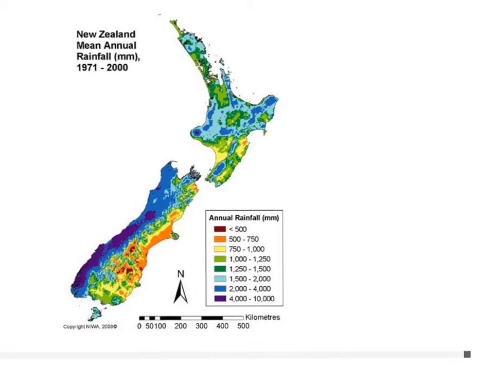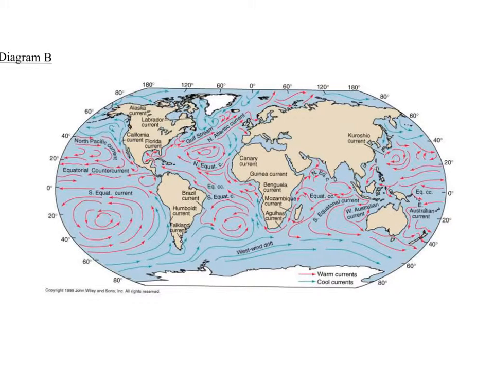As you can see in this photo, the bottom of New Zealand appears to get more rainfall, even though it's further away from the equator. I believe this is due to frontal rain. If we look on the previous page, you can now see how not only is there warm airflow here